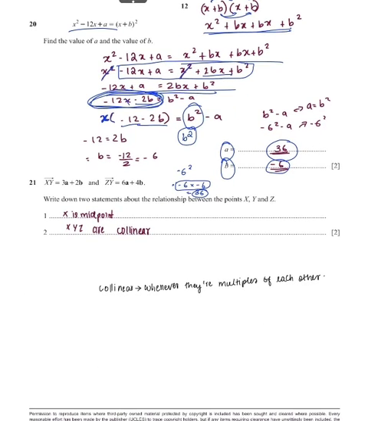Now, write down two statements about the relationship between the points x, y, and z. XY is equal to 3a plus 2b, and ZY is equal to 6a plus 4b. For the first point we can state, x is the midpoint, because here you see 6 by 3 is equal to 2, 4 by 2 is equal to 2, which means it is half, or the center, so that will be the midpoint. Then we can also say that x, y, z are collinear, because collinear basically means that whenever they are